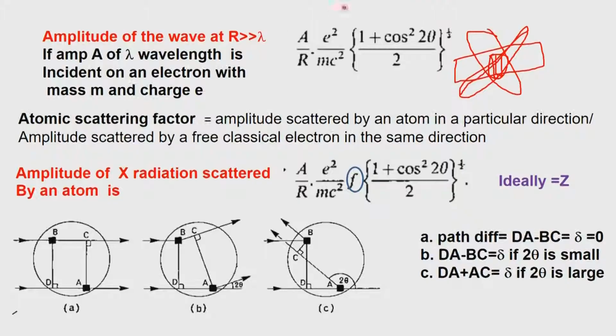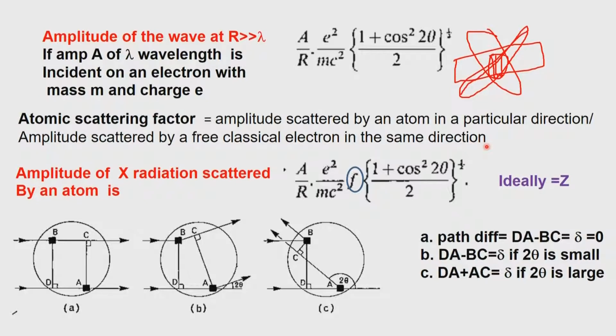So, depending upon the size of that particular atom, whether it is carbon or bromine or whatever, the number of electrons associated with that particular point will be proportional to Z. But it so happens that it also varies with respect to sin theta by lambda, in other words it varies with respect to the scattering angle. We already have the amplitude variability shown here for a free electron. Now, the amplitude variability is to be shown for electrons which are associated with the atom.